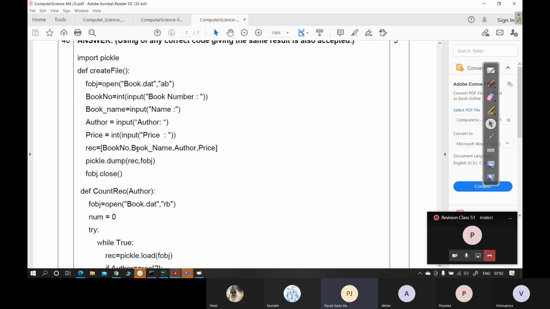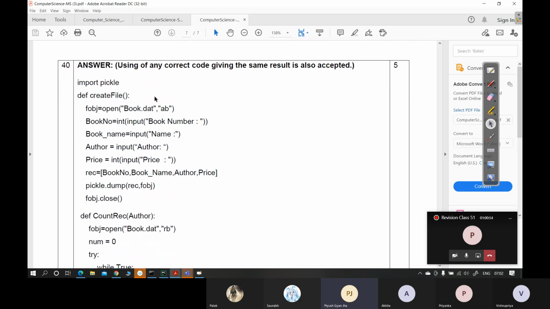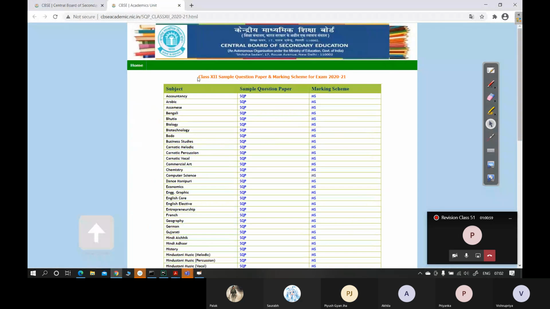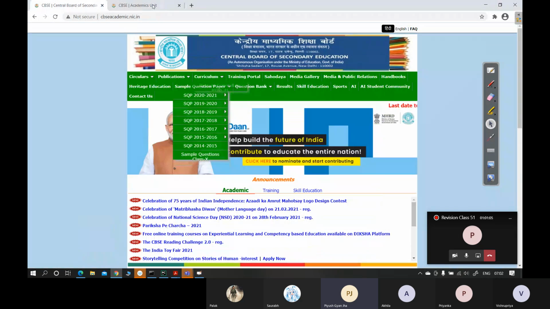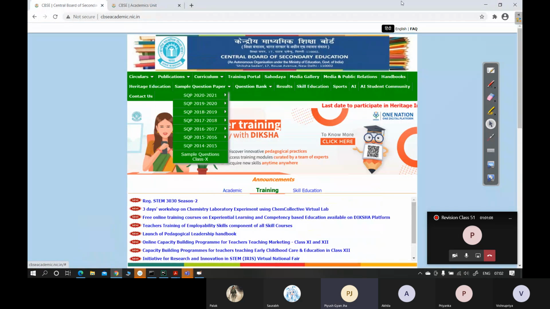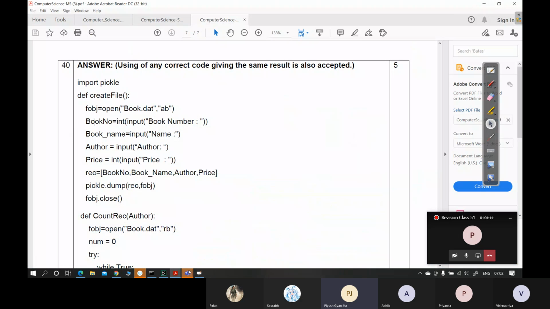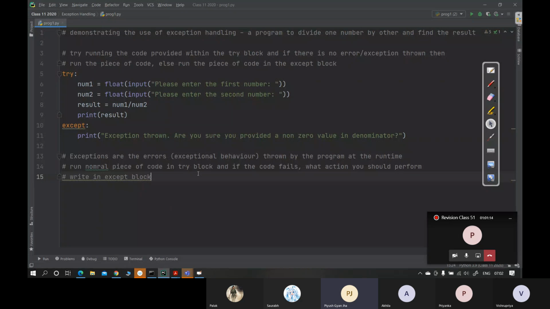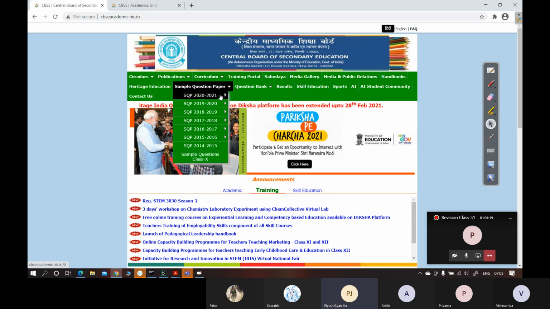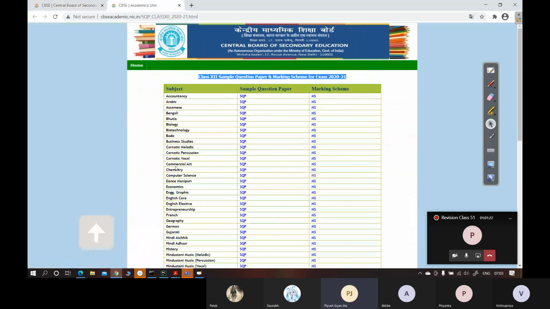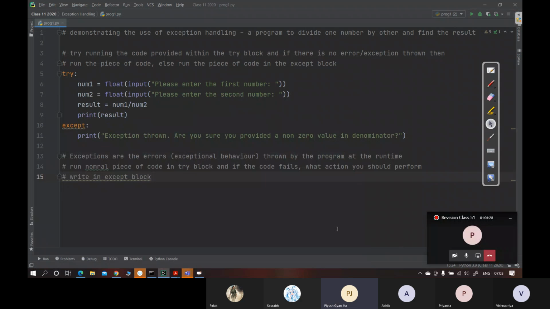हाँ मैं भेज दे रहा हूँ, ये फाइल तो मार्किंग स्कीम है, दिस यू कैन डाउनलोड फ्रॉम हियर, देखो सीबीएसई वाली वेबसाइट से भी डाउनलोड कर सकते हो। ठीक है, यहाँ पे जाओगे ना, वो सैंपल पेपर में सीबीएसई academic.nic.in में, ठीक है। एंड इफ यू आर रेफरिंग टू प्रियंका, इफ यू आर रेफरिंग टू दिस फाइल, वो मैं भेज दूंगा, एक्सेप्शन हैंडलिंग। ठीक है, मार्किंग स्कीम जाके डाउनलोड कर लेना यहाँ से, यहाँ पे जाओगे सैंपल क्वेश्चन पेपर में 12th एंड देयर कंप्यूटर साइंस के अंदर में सैंपल क्वेश्चन पेपर और उसकी सॉल्यूशन। ओके, चलो ठीक है, विल स्टॉप हियर, टुमारो विल मीट द सेम टाइम।